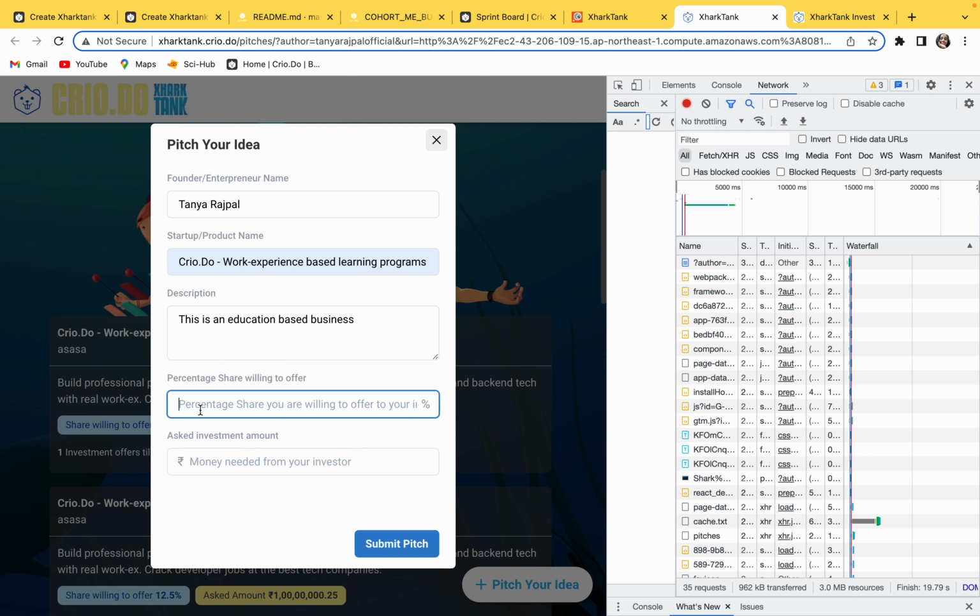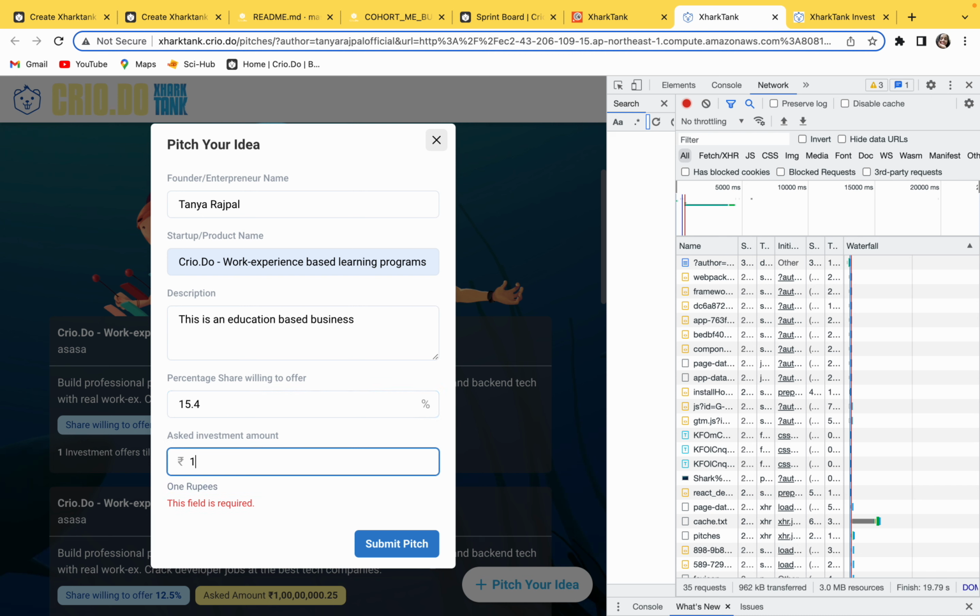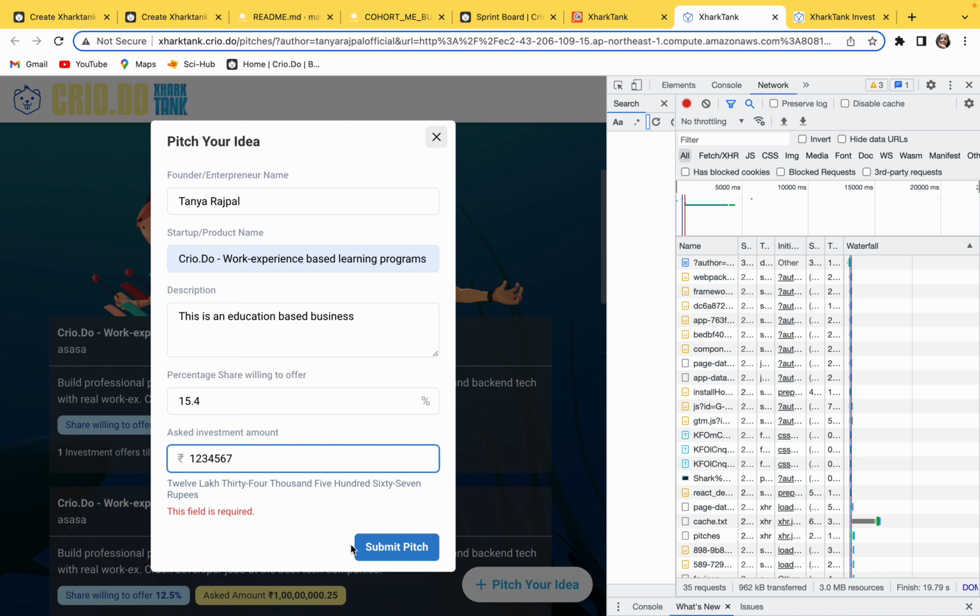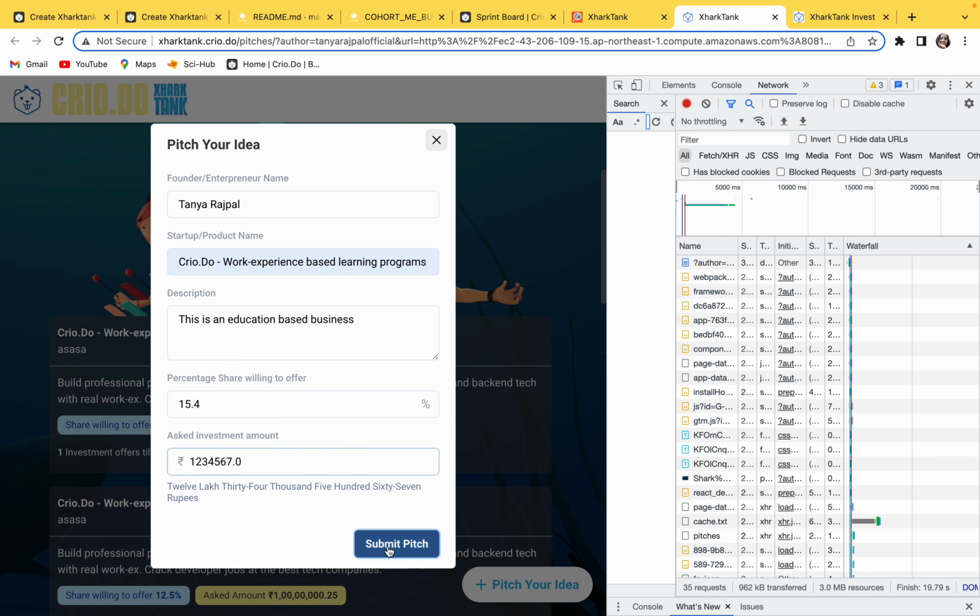For the percentage share willing to offer, let's keep it as 15.4, and then the amount that you're asking for investment. As soon as I click on the submit button,